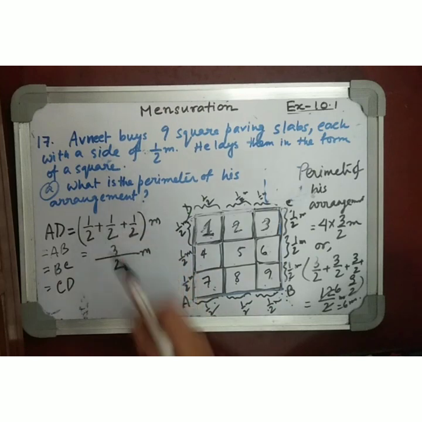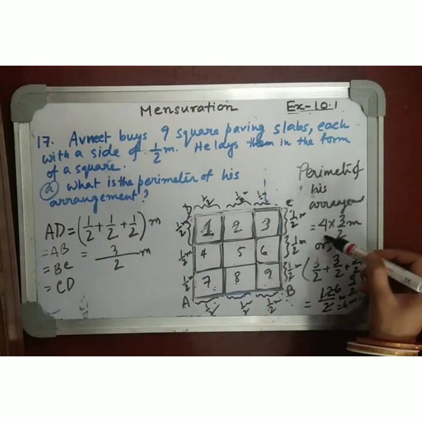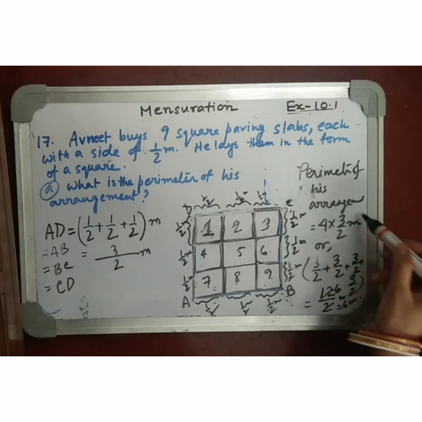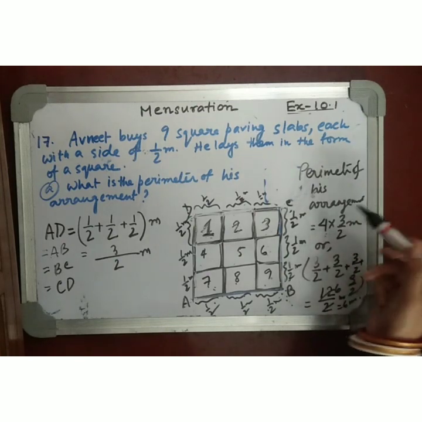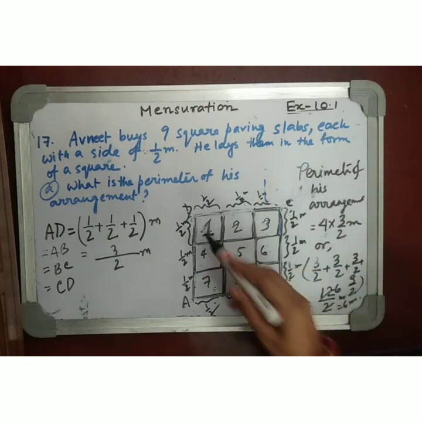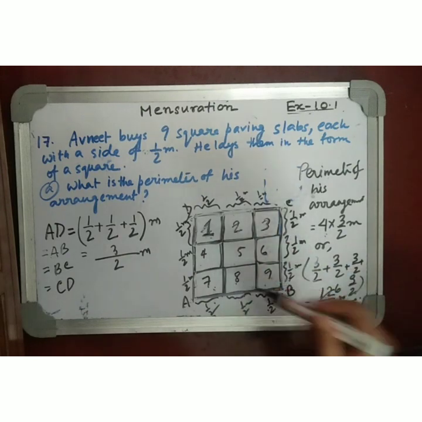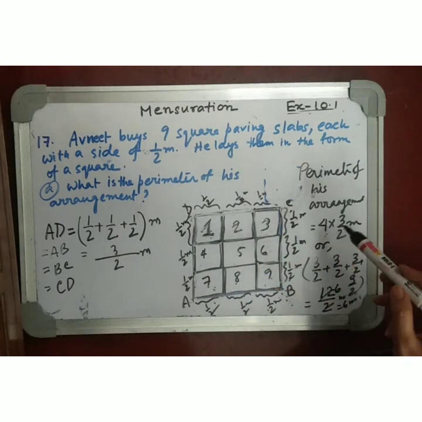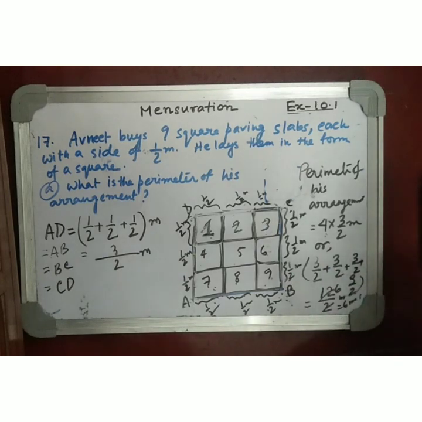So in the question it is written we have to find the perimeter of it. So how to find the perimeter? Either we can multiply each of the side by 4, or we can also add the length of each side 4 times. So we have added, because we do not know how to multiply in case of fractions. This is still not in your syllabus. That's why we have added, and we have got 6 meter as our result. Now let's come to the next question.